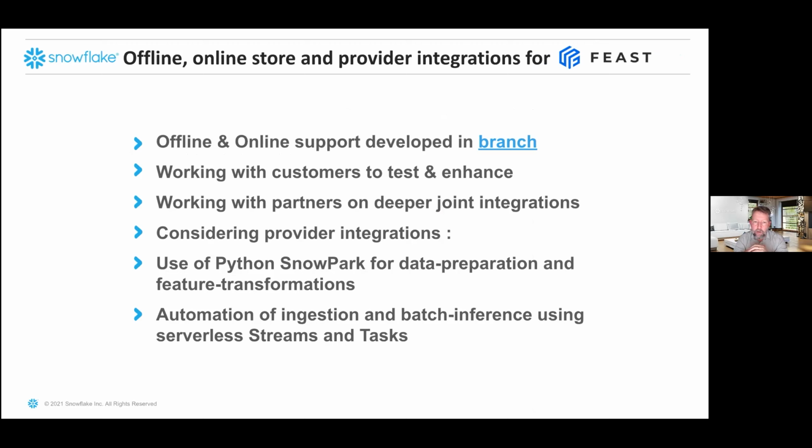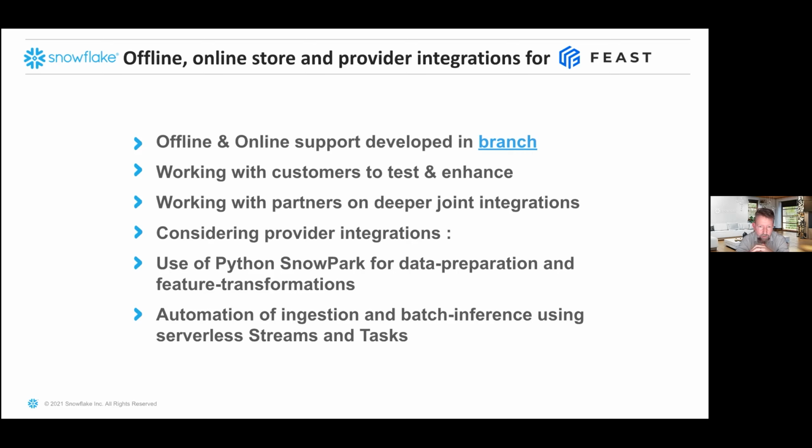Okay, so now talking around some of the open source technologies that we're building integrations with. I'm sure many of you are familiar with Feast as a project. We're developing the offline and online connector support for Feast with Snowflake.